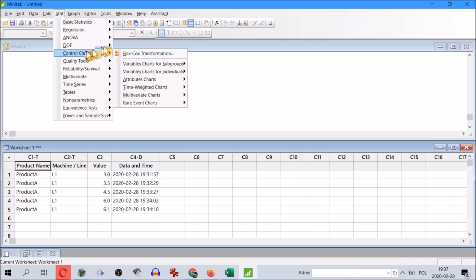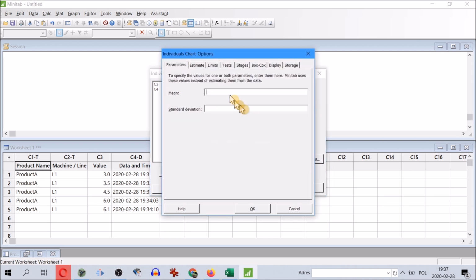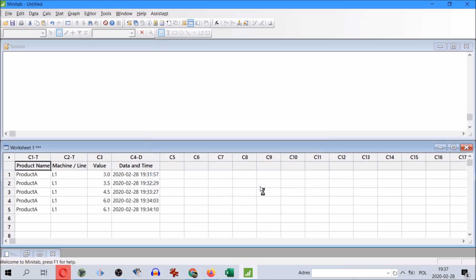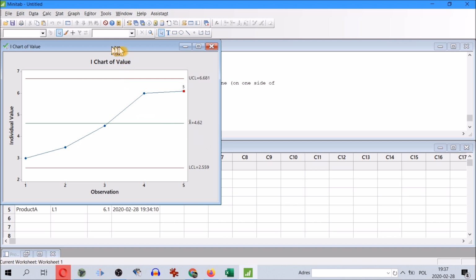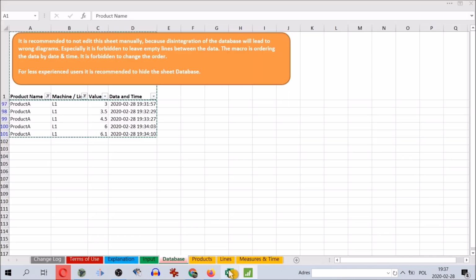I will create now an SPC chart in Minitab. I have to switch on all tests. Click OK and OK. And indeed, you can see 1, 2, 3, 4, 5 points, and the point number 5 is marked red, exactly like in my